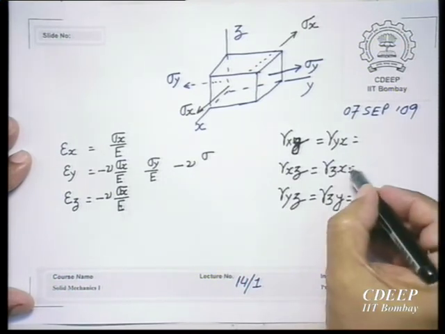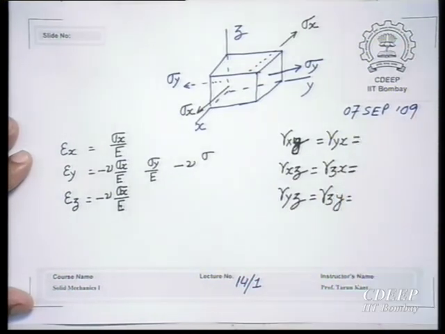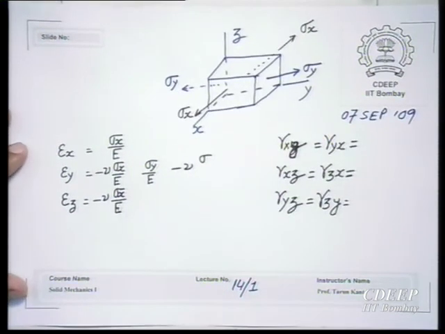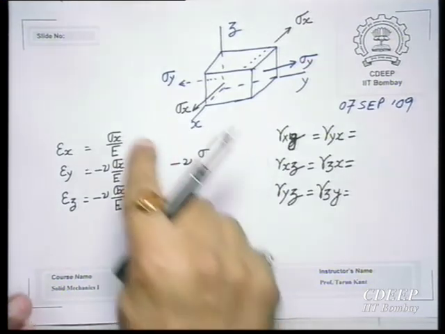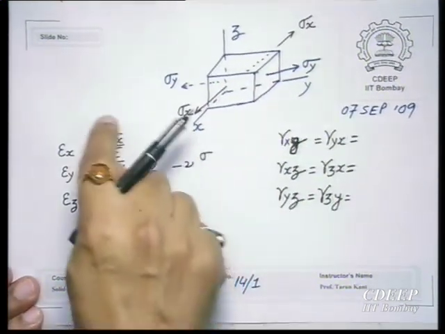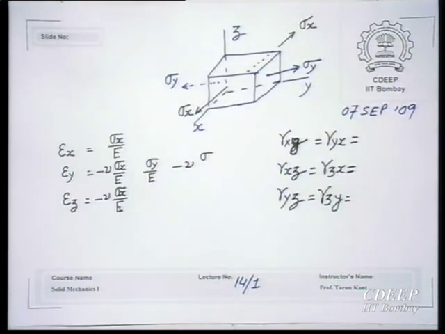See, I am very slow in my delivery, and this has already been noted by most of you. I will try to hasten it up. So, when you apply sigma x, then these are the normal strains that are produced. This must be kept in mind, and you should be able to derive this without referring to any book, this does not require any book.